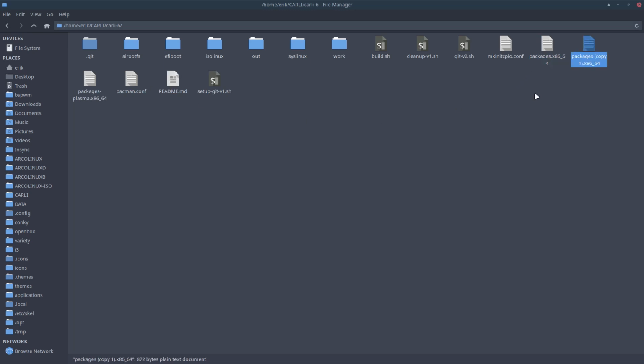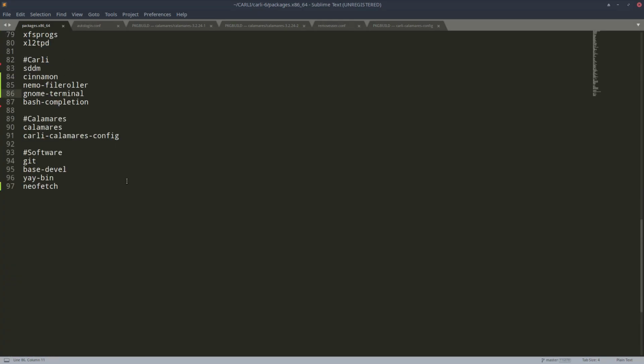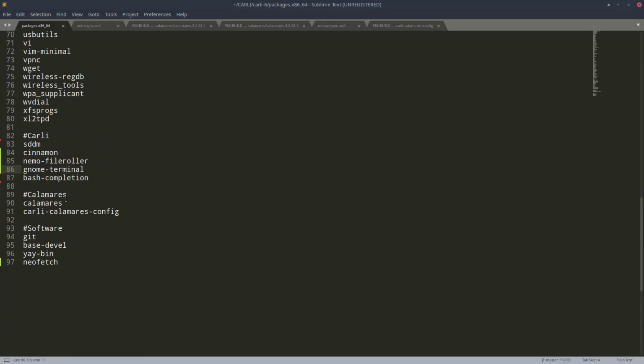So again, I have the packages for Cinnamon, and for Plasma, and the packages for XFCE or MATE. Shall we take MATE? Doesn't really matter what I take, it's just fun. So MATE